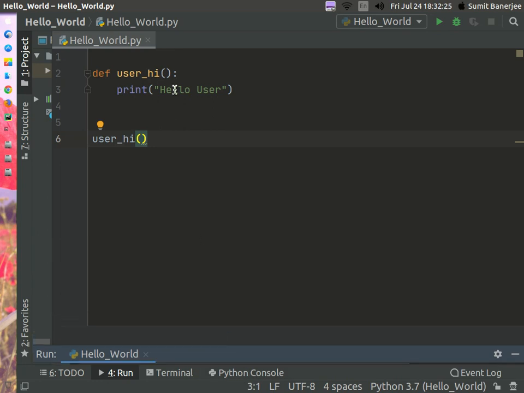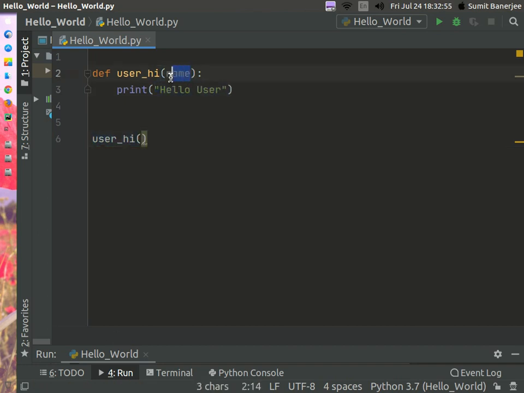So now let's make this a little more complicated, and in these parentheses you can just type parameters. So you can type name, suppose. You can give the name in these parentheses while calling the function, and it will say hi to the name.